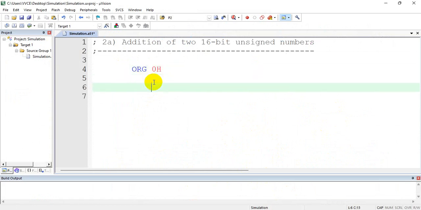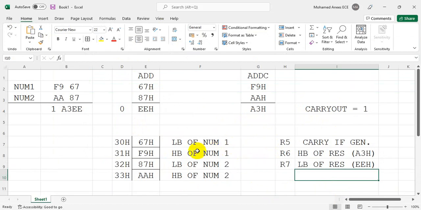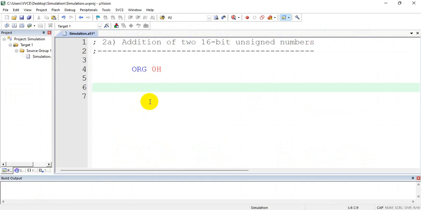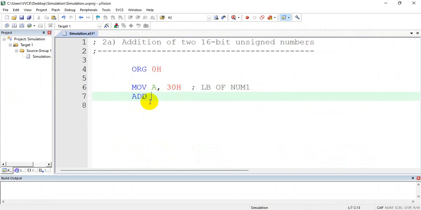So first I shall add the lower bytes. I am storing the lower bytes in 30H and 32H. In case of addition, one of the operands, the destination, should always be the accumulator. So I will bring one of the operands in accumulator. This is the lower byte of num1. This I will add with ADD A comma